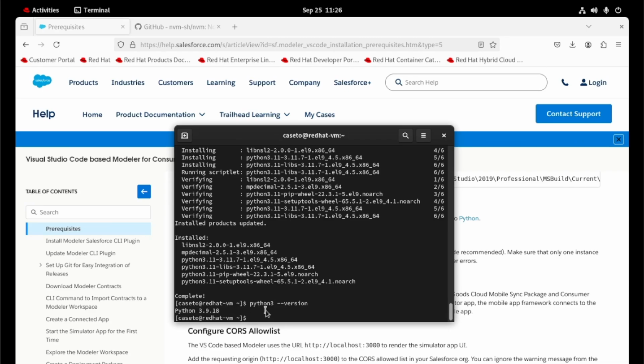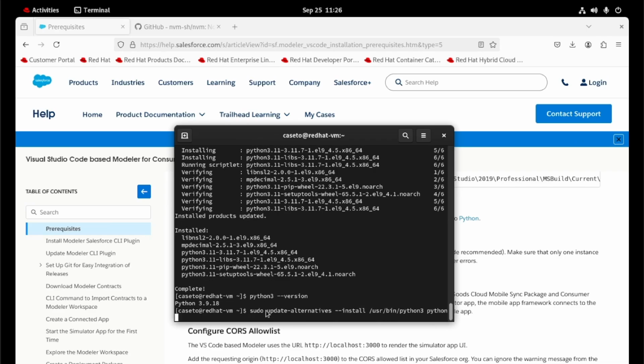To change that, we need to do the following command: sudo update-alternatives --install /usr/bin/python3 python3 /usr/bin/python3.9, and this is the first alternative, the 3.9.